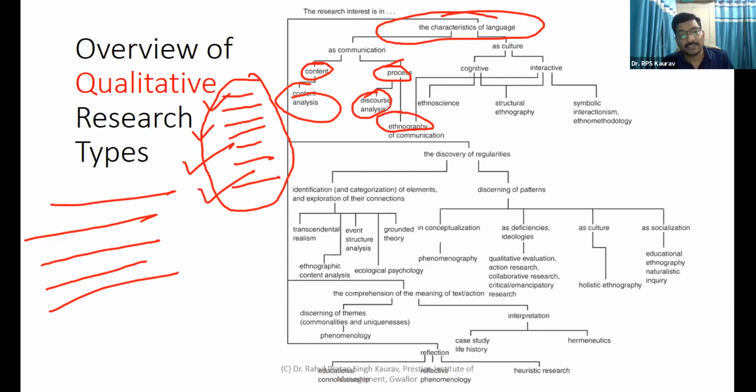This is why the same thing is being called by 5 different tests, 5 different tools in qualitative analysis. This is not the limit. We have not ended here. If you are trying to evaluate the culture out of the language, how culturally civilized I am, how culturally rich I am, or the cognitive part of my culture, how expressive Indians are,